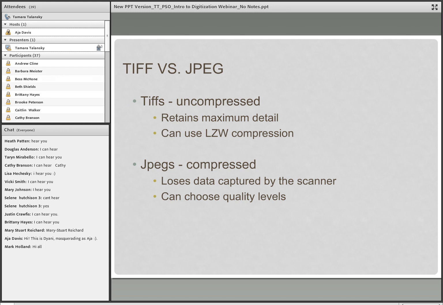So the main difference between TIFFs and JPEGs then has to do with compression, which, as I just mentioned, is basically just squeezing down the digital data to make a smaller file. TIFFs are uncompressed.